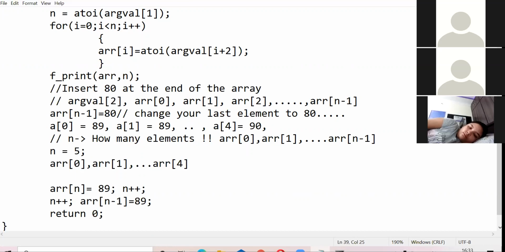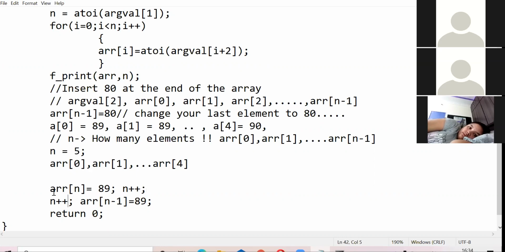Now I want to insert one more entry here. One way to do it is you first set the value of ARR n to be 89. So if n is 5 here, this statement will set ARR of 5 to be 89, and then it will increment n, indicating that now you have 6 students in your array.